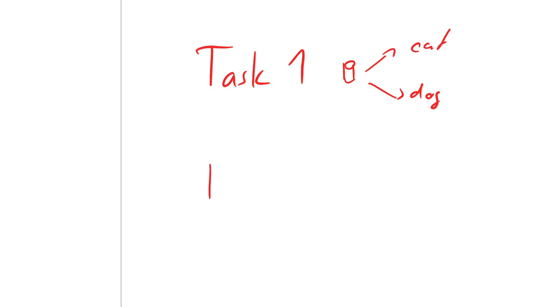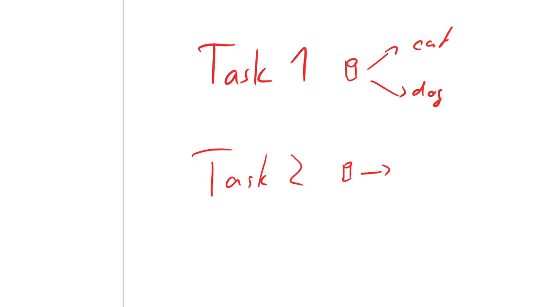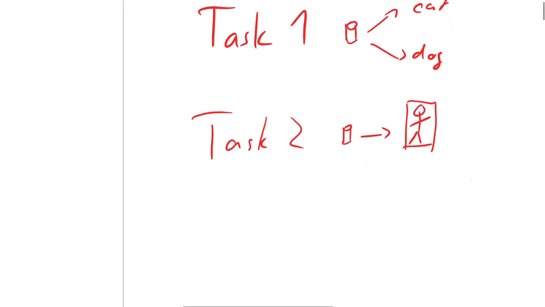Now task 2 is, again, you have a small data set of different images, but let's just make all image examples here. But you want to locate the pedestrian. So you want to locate the human in the image. So where is the human? Right. And task 3 could be,